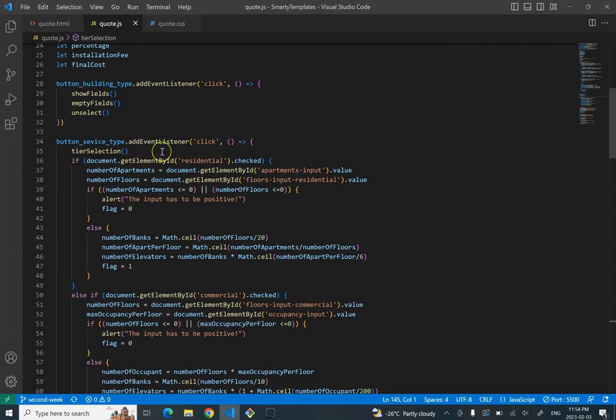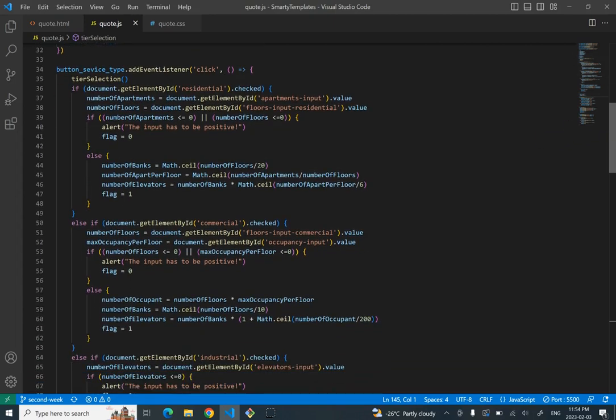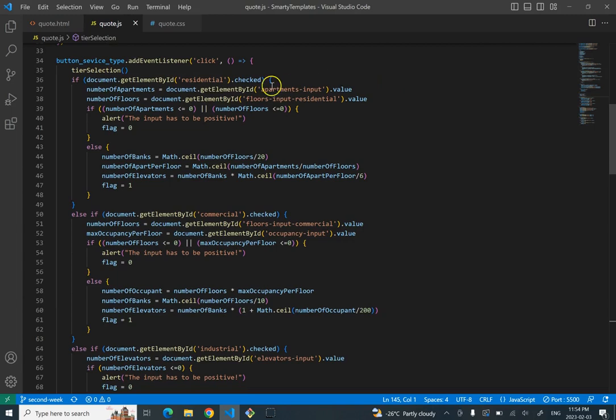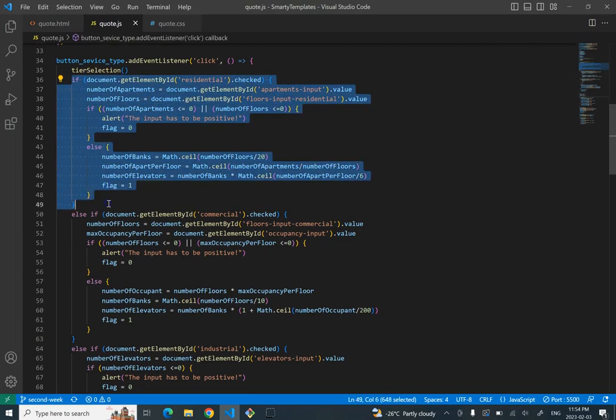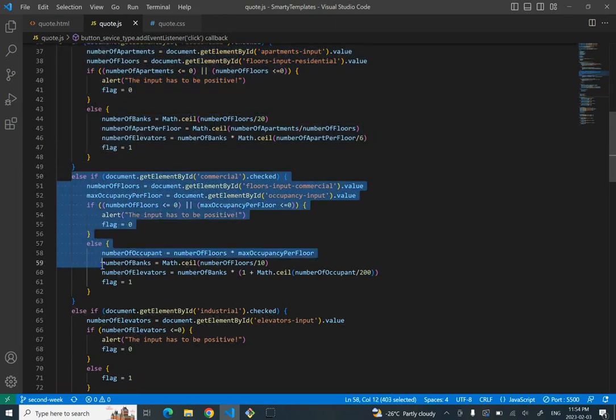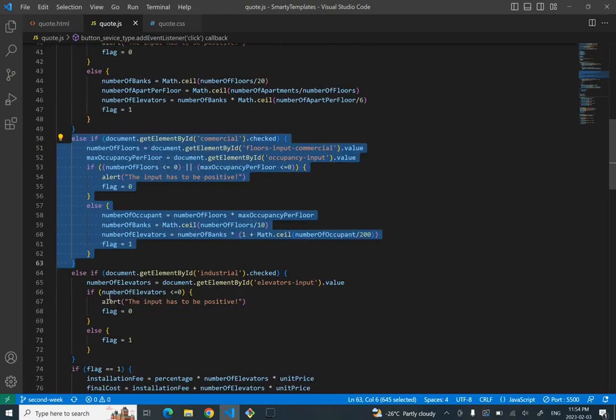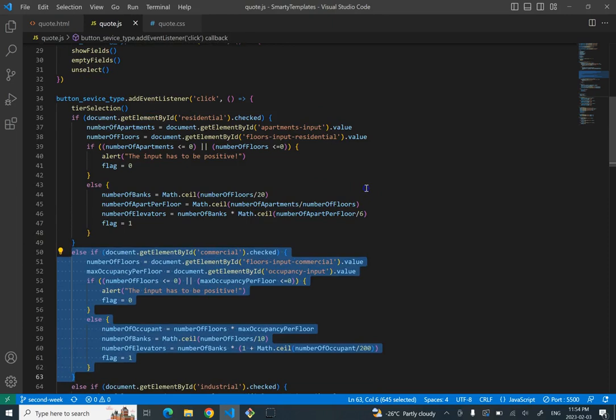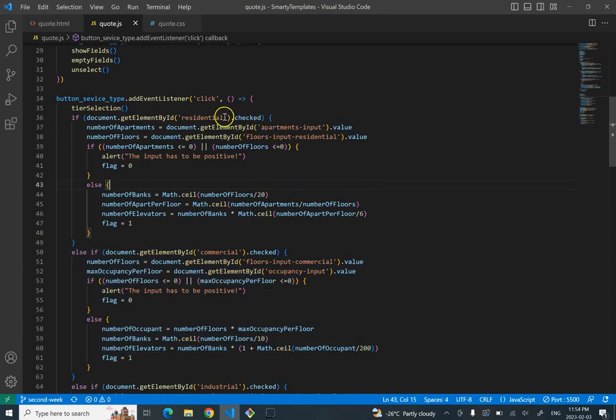In that one, it gives me the unit price of each elevator and the percentage of calculation, and depending on the 3 cases, I have this block, this if, and then this one, and then the last one, based on whether the residential button is checked,